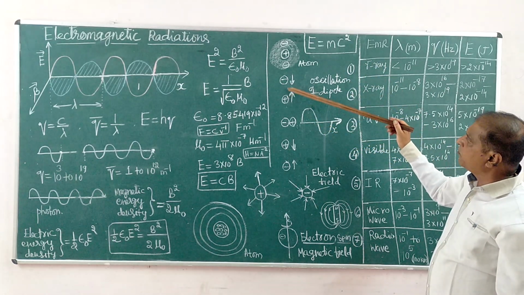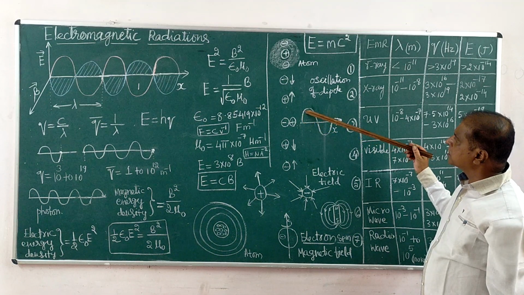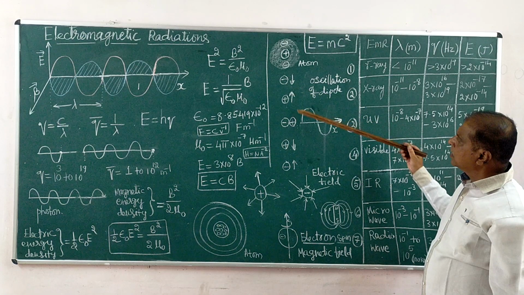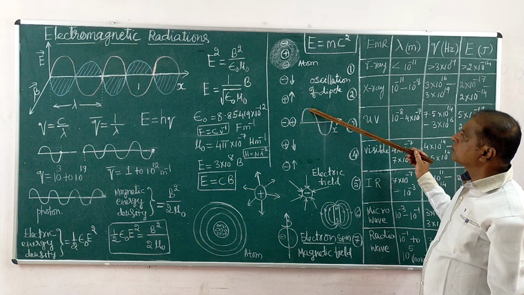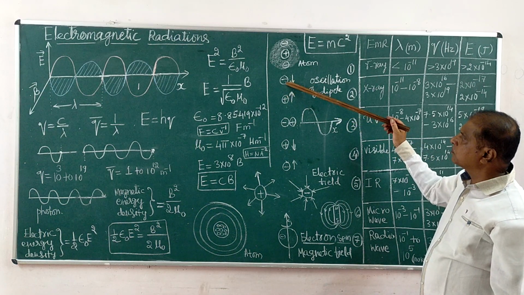As they move away from here, the electric field increases. With this oscillation, when they move away, the distortion and electric field increase and reach the maximum. When the distortion is maximum,